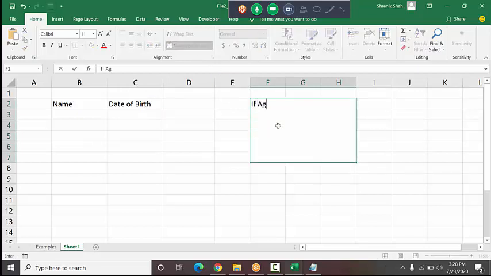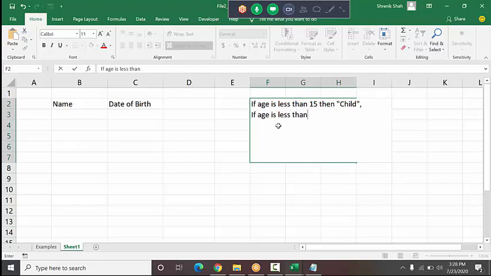If age is less than 15, then child. If age is less than 25, then boy.